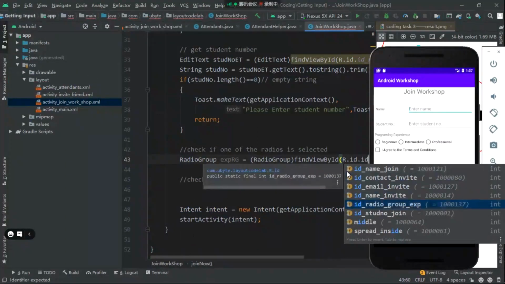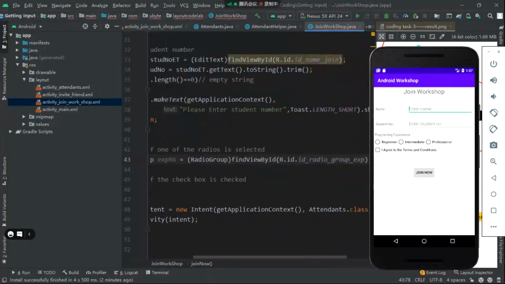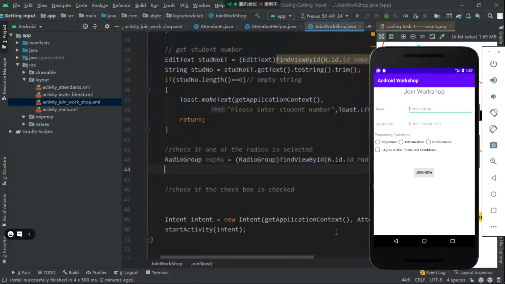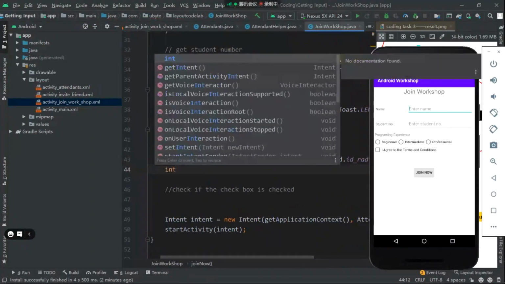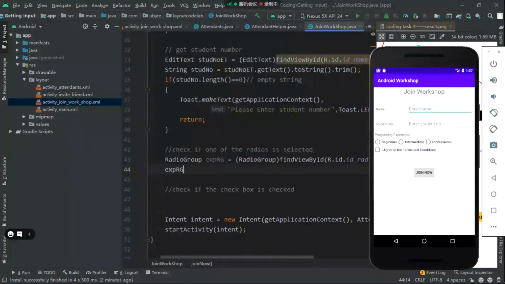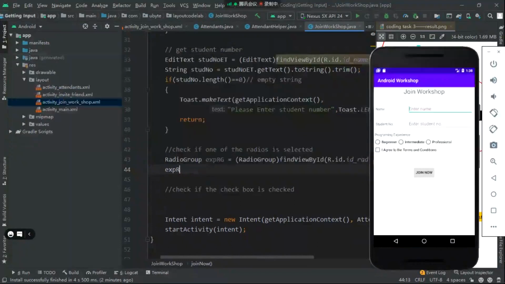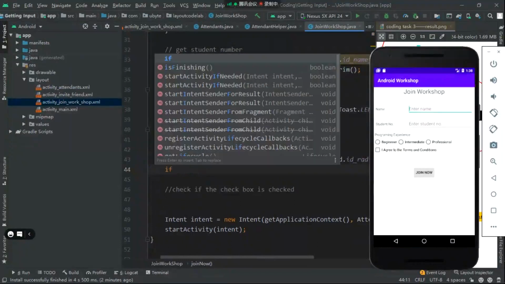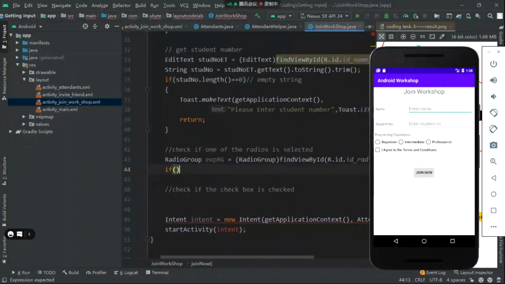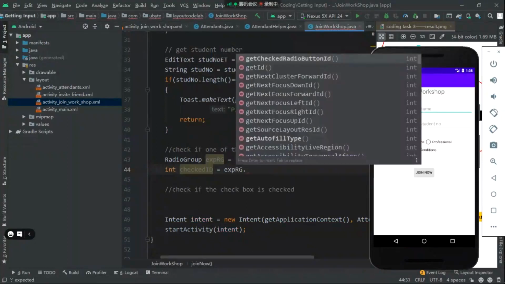ID radio group experience over here. Now, when none of the radio groups has been selected, we can know that by creating an integer here, maybe exp dot. We can say if integer, let us create an integer here, checkID, and select checkID equal to exp dot get